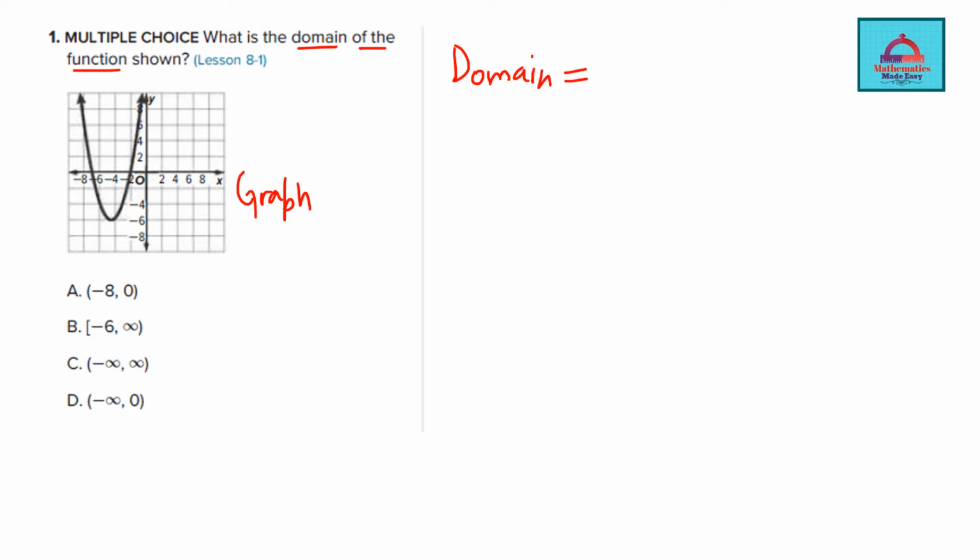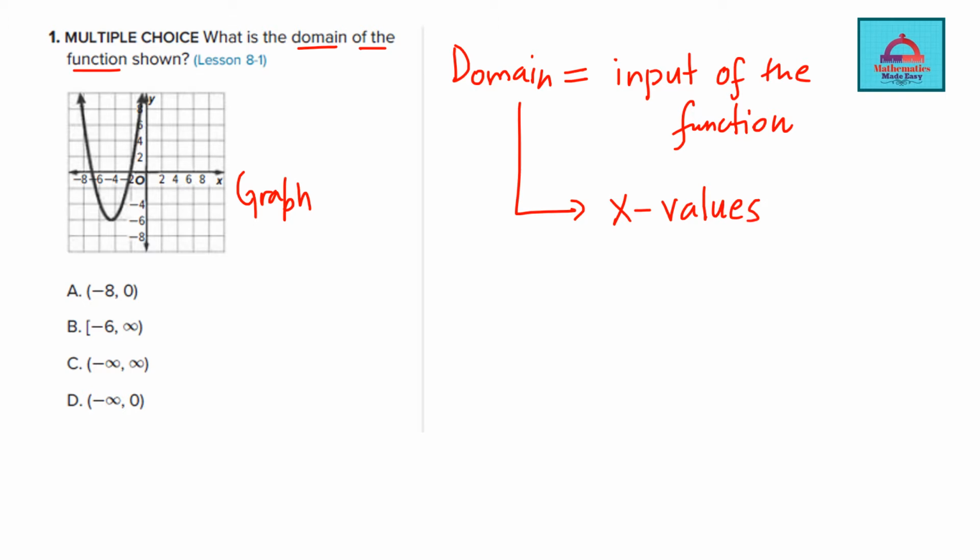I want you to recall here what is domain. Domain is simply like the input for the function. And for this function whose graph is given to you, you can find the domain by looking at the x-axis and the x values. So here is the horizontal x-axis that you have. These are the 2 points where this graph touches the x-axis. But if I ask you what is the maximum and the minimum value that this function is taking, we cannot definitely predict that because you have here arrows telling you that this parabola is going up and up. Similarly, on this side, on the left, on the right, both sides it is going to be going up and up. So it doesn't have a well-defined